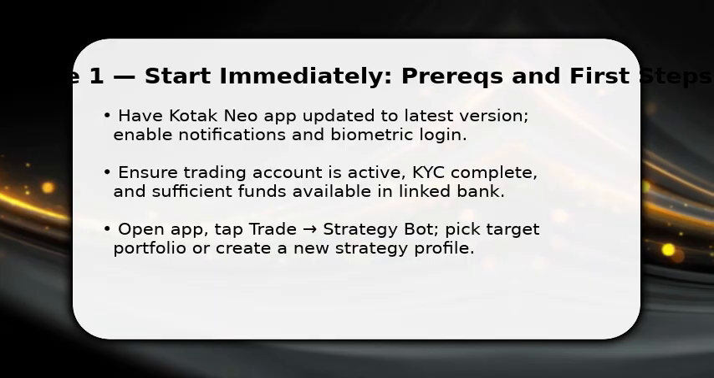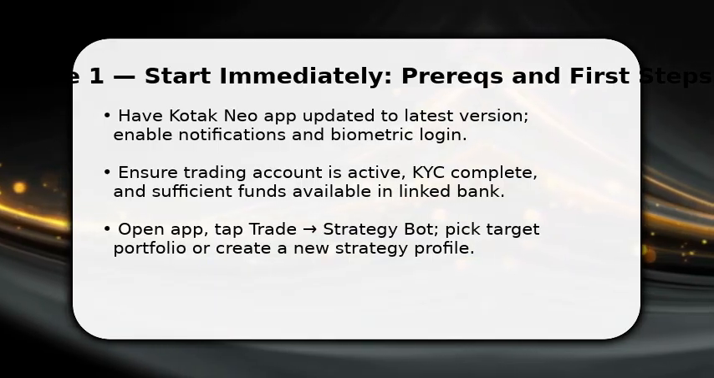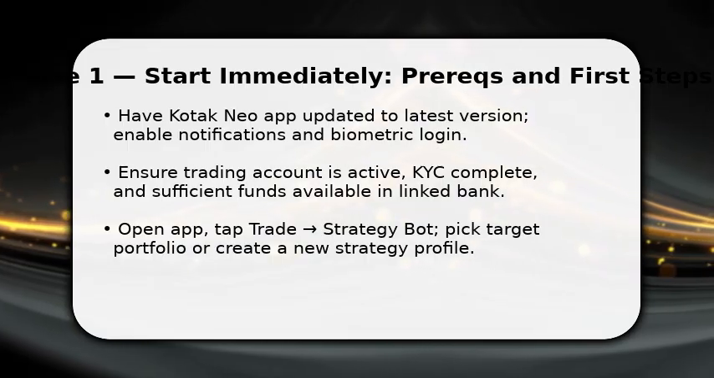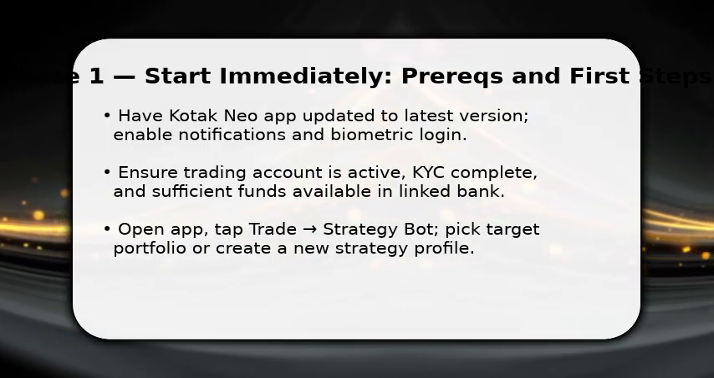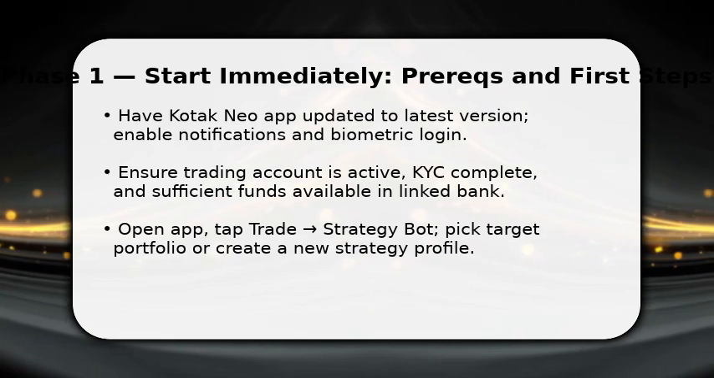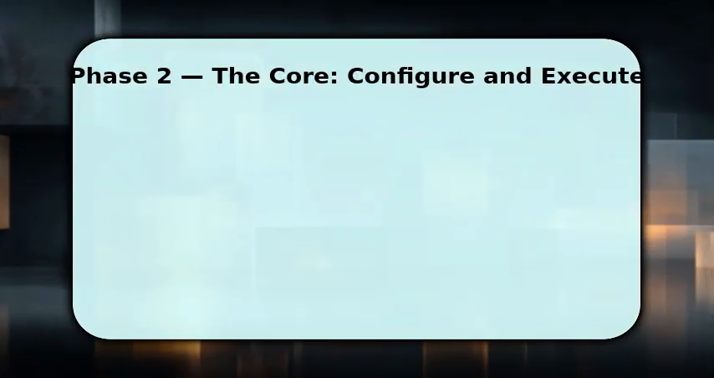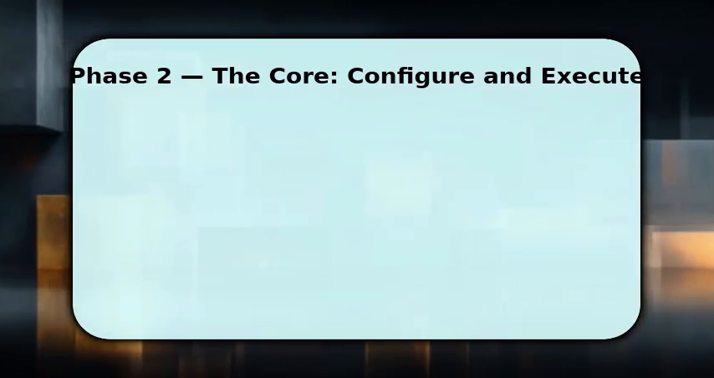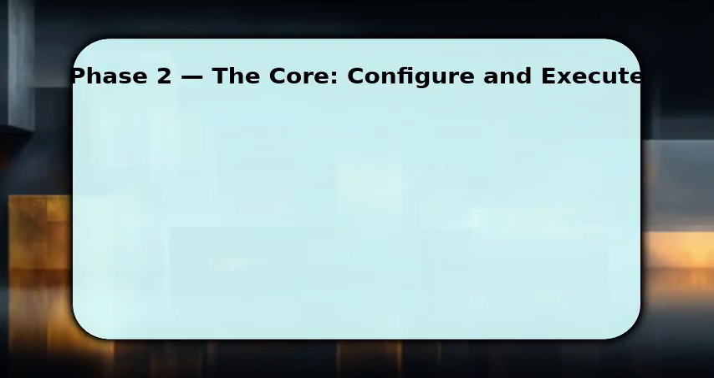Next, either pick an existing target portfolio or tap to create a new strategy profile. Choose a clear goal, growth or income, because that decision shapes the bot's allocations and risk settings. Now configure the bot. Pick automated rebalancing, SIP, or goal-based mode, and set frequency plus rebalance percentage because timing affects